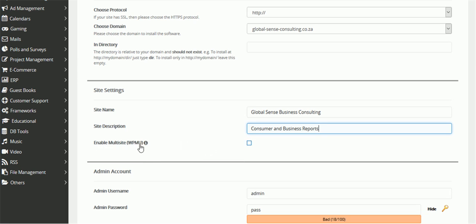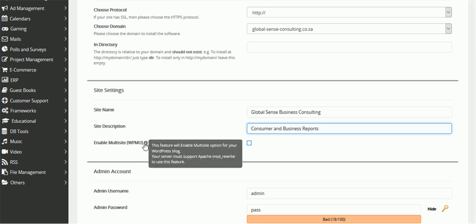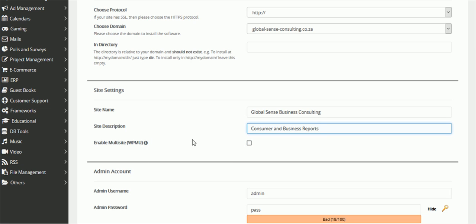website. What that means is that if you enable the WordPress multi site, it will allow you to install more than one website in the current WordPress network. So I find that it is a bit complicated in a certain sense, that newcomers will find it difficult when problems arise with the multi WordPress installation. So we're going to leave it as a single installation, and should we want to install another website on the